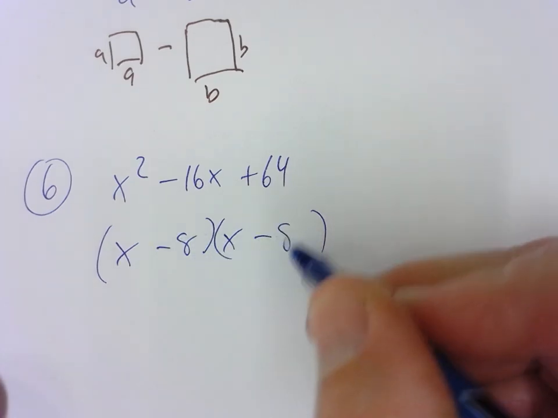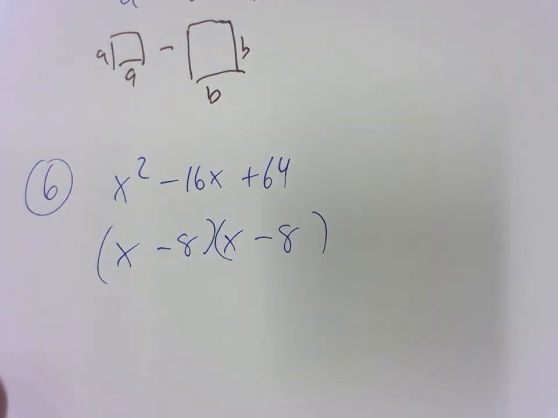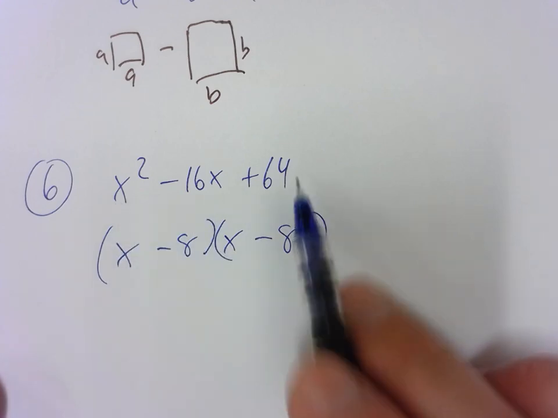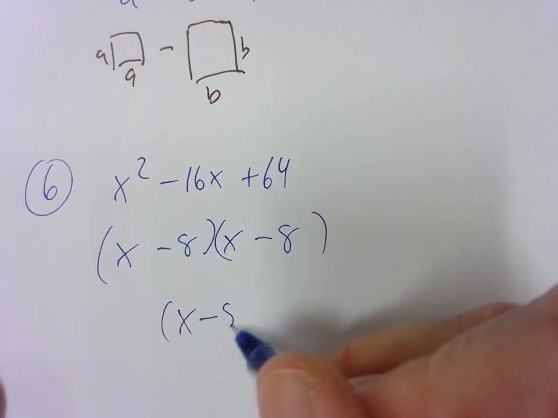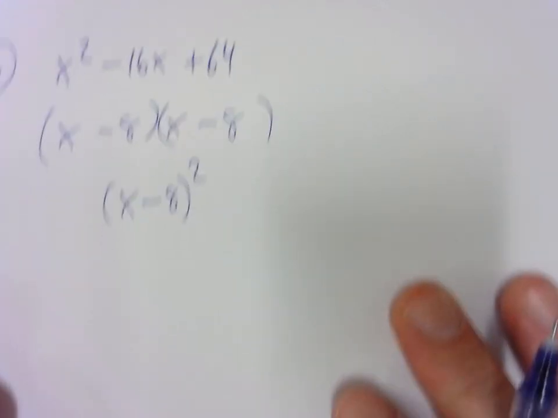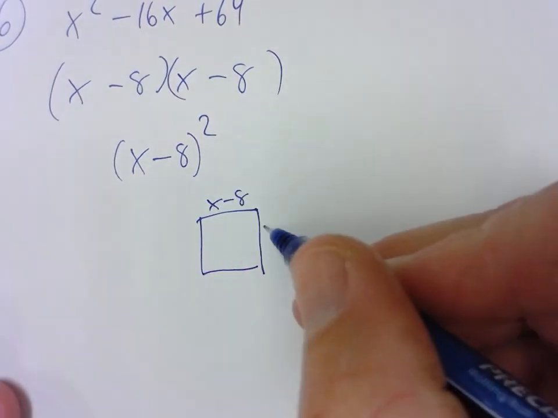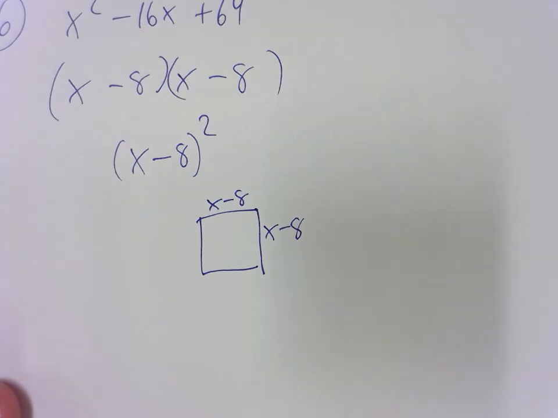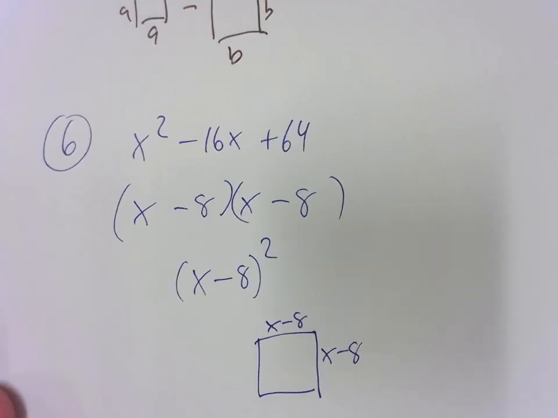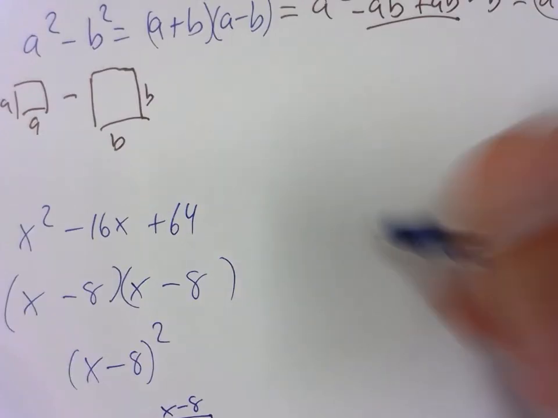That was my strategy. This is a perfect square. It's called a perfect square trinomial because you could rewrite this as x minus 8 squared. So there's some square out there in the world that exists that's x minus 8 by x minus 8. It's a square. So it's the same thing times the same thing, hence the term square. Number 7